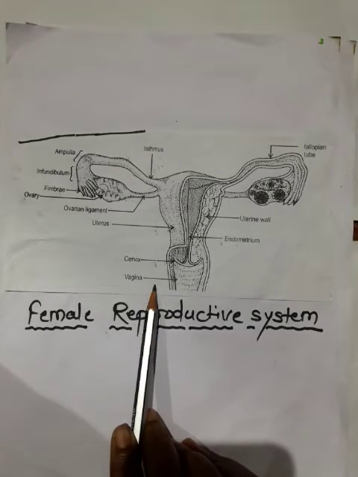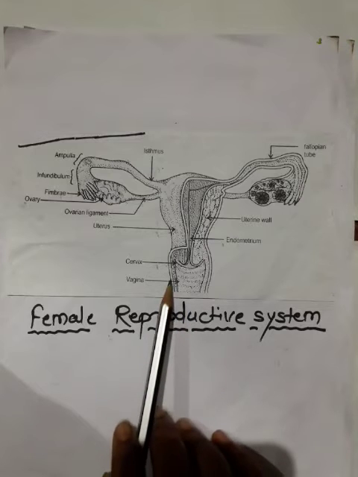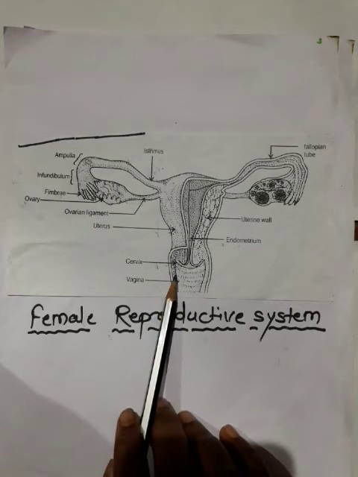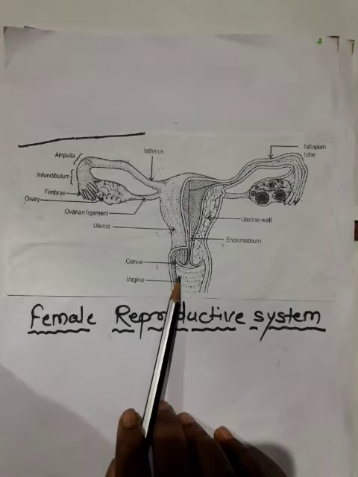Next part, vagina. It is a tubular and fibromuscular organ which is lined by mucous membrane. At the lower end of the vagina, normally there is a fold of mucous membrane in the vaginal orifice which is called the hymen. Function: it receives the erectile penis during copulation and receives semen for fertilization. It serves as a birth canal during parturition, and it also transfers menstrual flow outside.